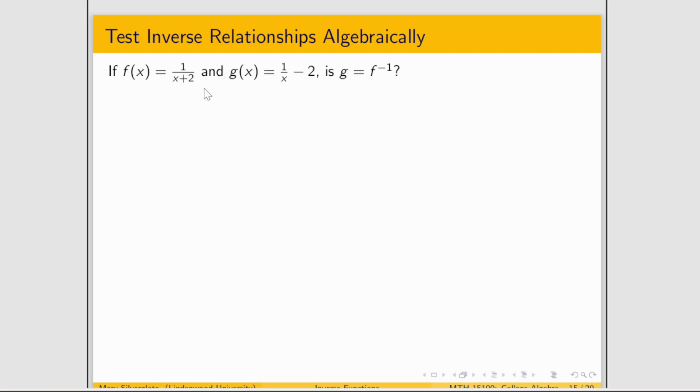So if I want to check if these are inverses of each other, I only have to check one way around. I need to check if I plug g of x into f, that outputs x, or if I plug f into g, that outputs x. While we checked both ways around earlier with the Celsius Fahrenheit example, it's only really necessary to show it for one of these two. In this case, thinking ahead, it seems easier to plug f into g because I've just got an x down here in the denominator, versus if I plug g into f,